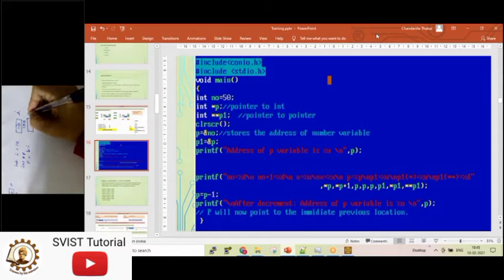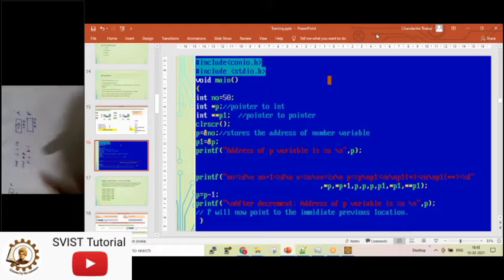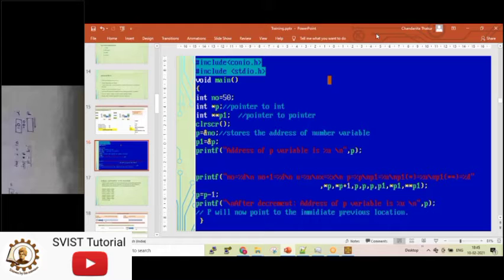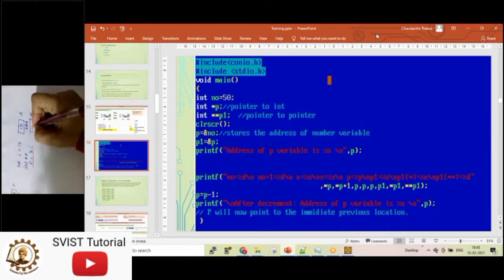*p means one p memory will be allocated. It will have one address. Let's say the address is 200. Okay, now when I do p = &i, what will happen corresponding to this? I am writing p = &i. This is my address of i. So what will happen? The address of i will be stored inside the pointer variable p.